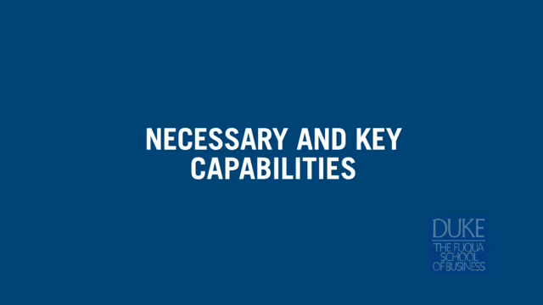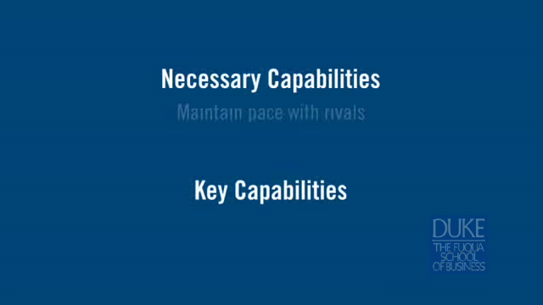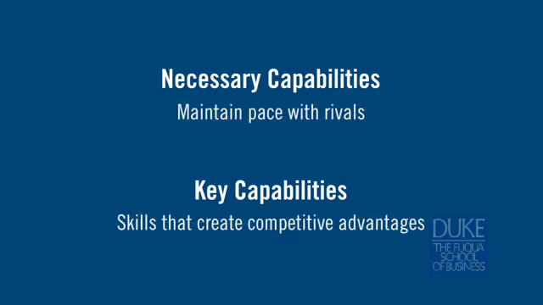And again, dig into the primer to get examples of different types of capabilities within those two subsets. Second, as I said earlier, let's distinguish between necessary capabilities and key capabilities, where necessary capabilities are the things that allow you to keep pace with competitors, and key capabilities are the skills that allow you to generate competitive advantage and higher margins. And as I said a moment ago, key capabilities need to pass the VRIN test, which is